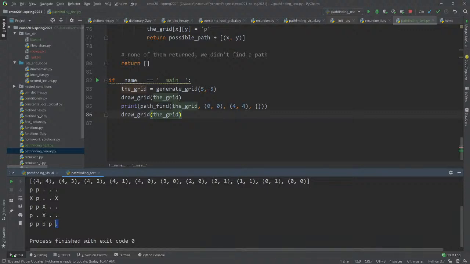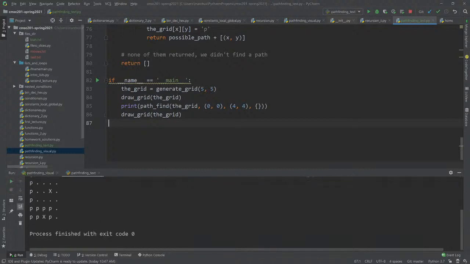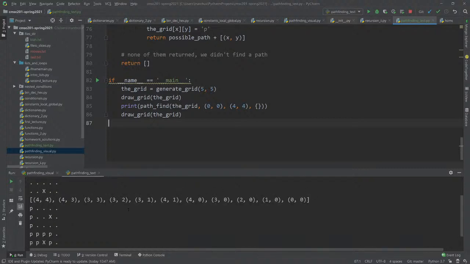So that's how this function works, right? Is that it, and so let's call it again. Let's run it again. So we see here what it's doing is it's finding its way around this X here, so it's going down, down, down, down by default. Then it tries to go over, up, over, down, and yeah, so if you notice, it goes from the destination